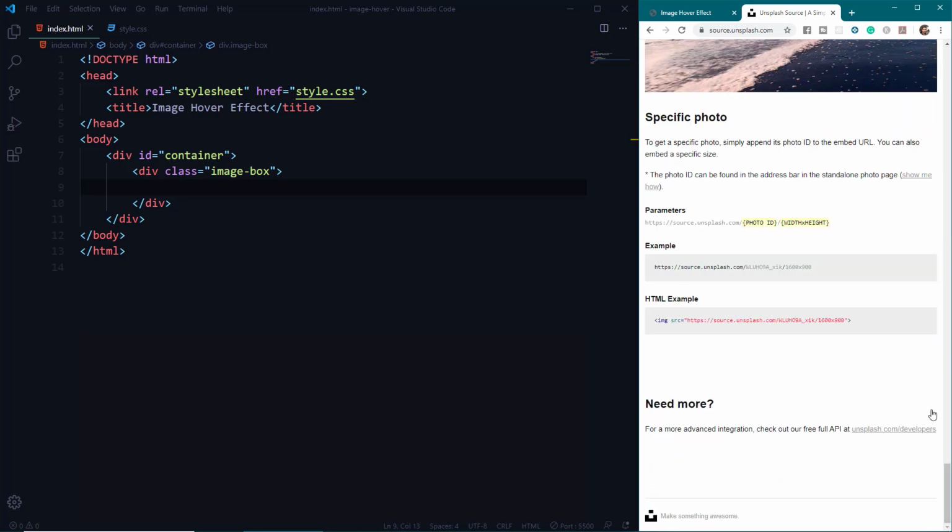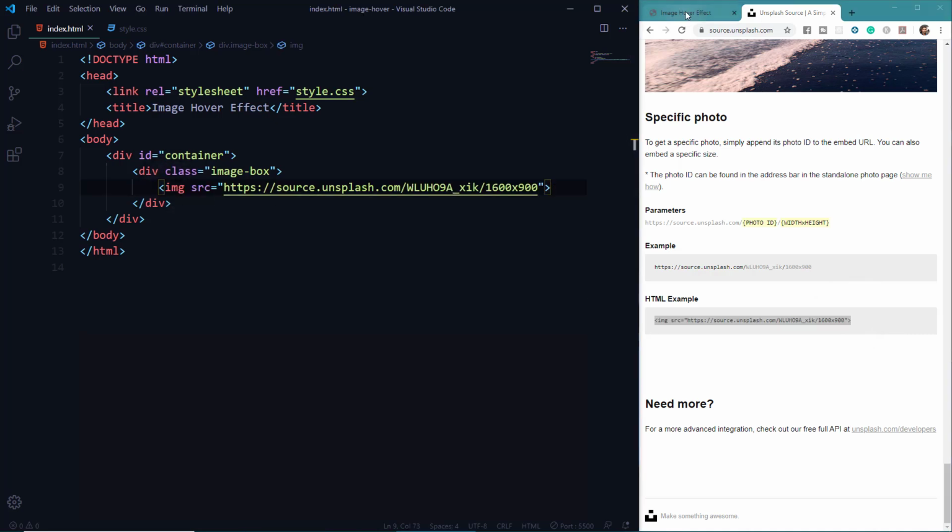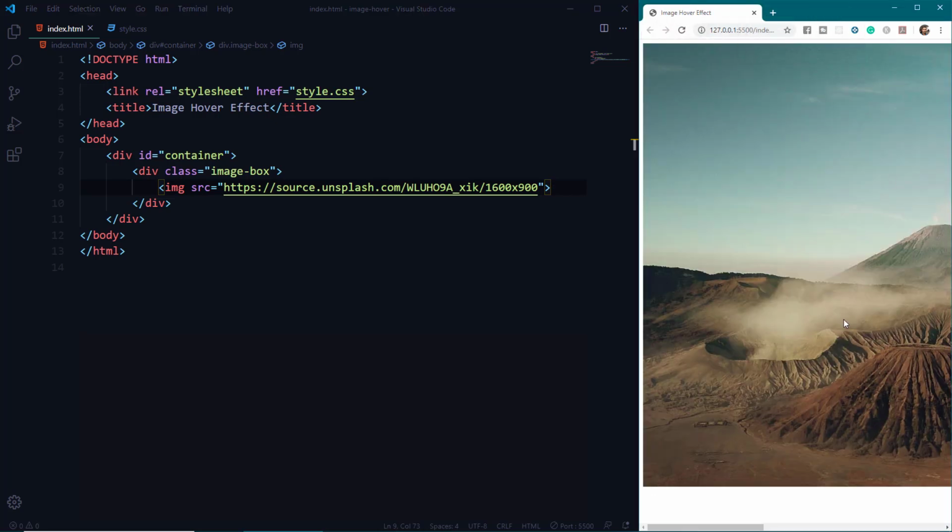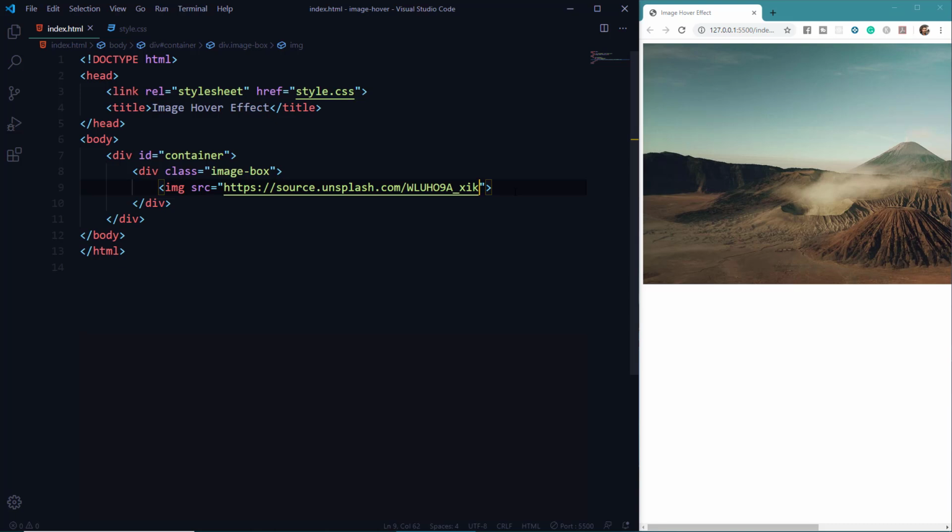Now I'll go to the bottom and I'll use the URL for a specific photo. So I'll copy this and I'll paste it here. Now you can see we have got an image from Unsplash. I'll remove these dimensions because we are going to edit the dimensions using our CSS.